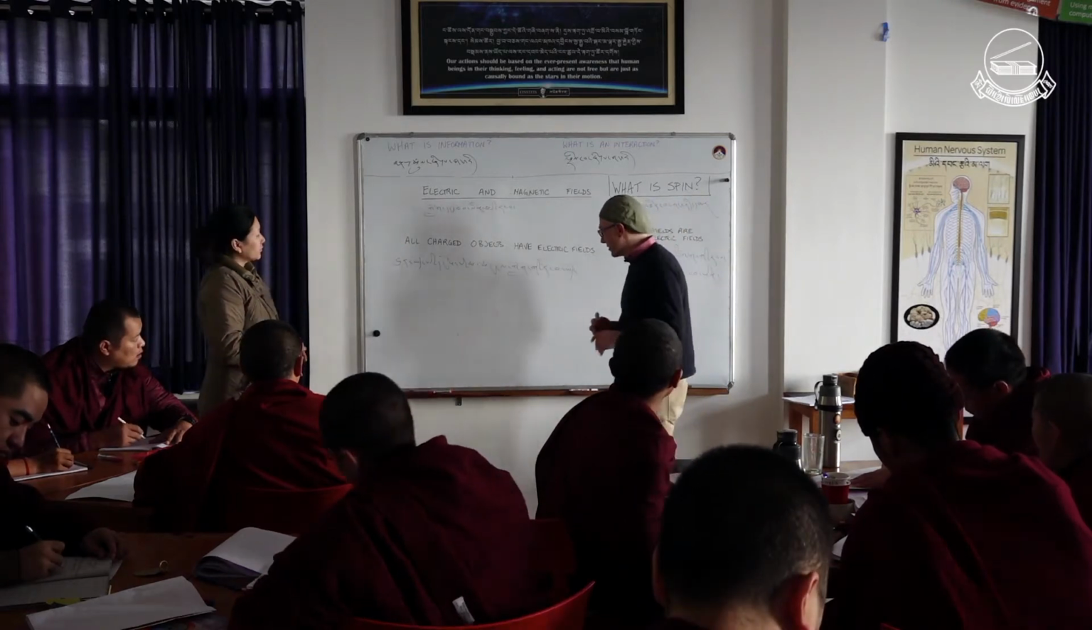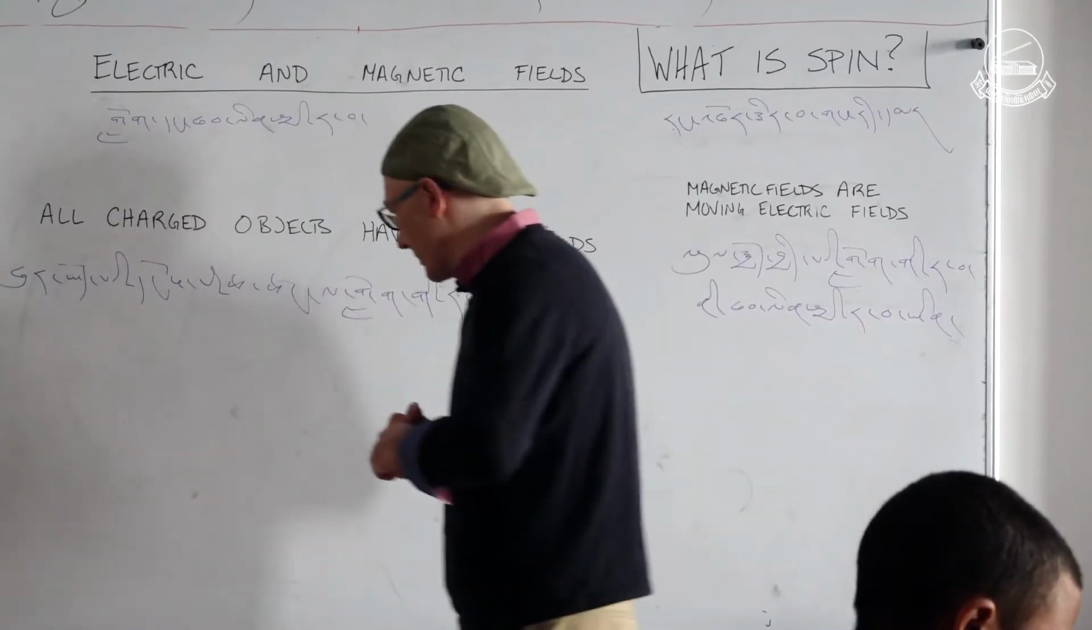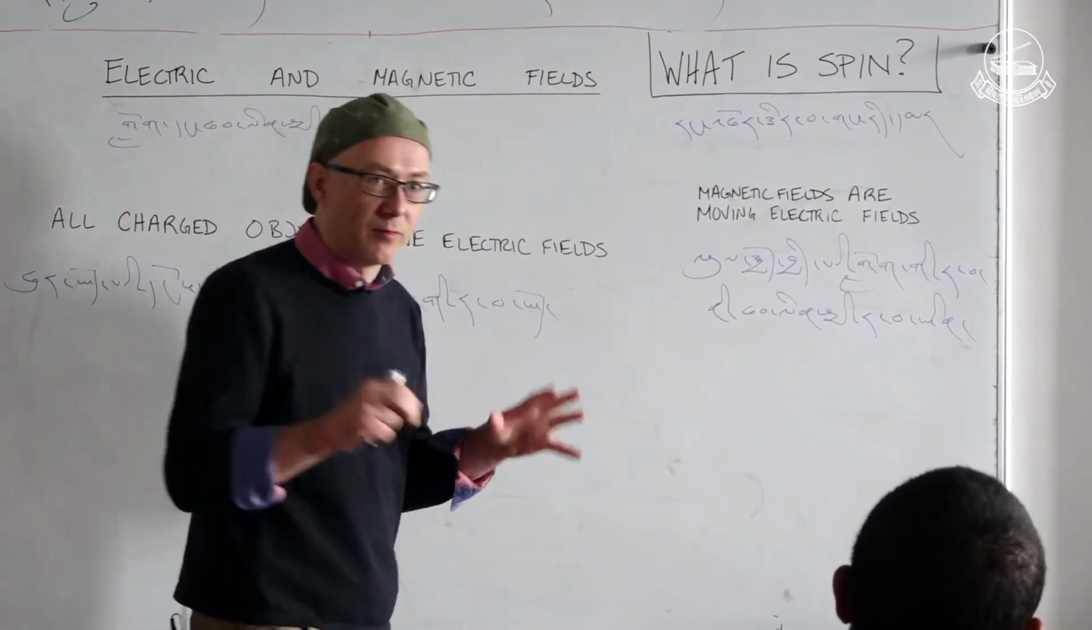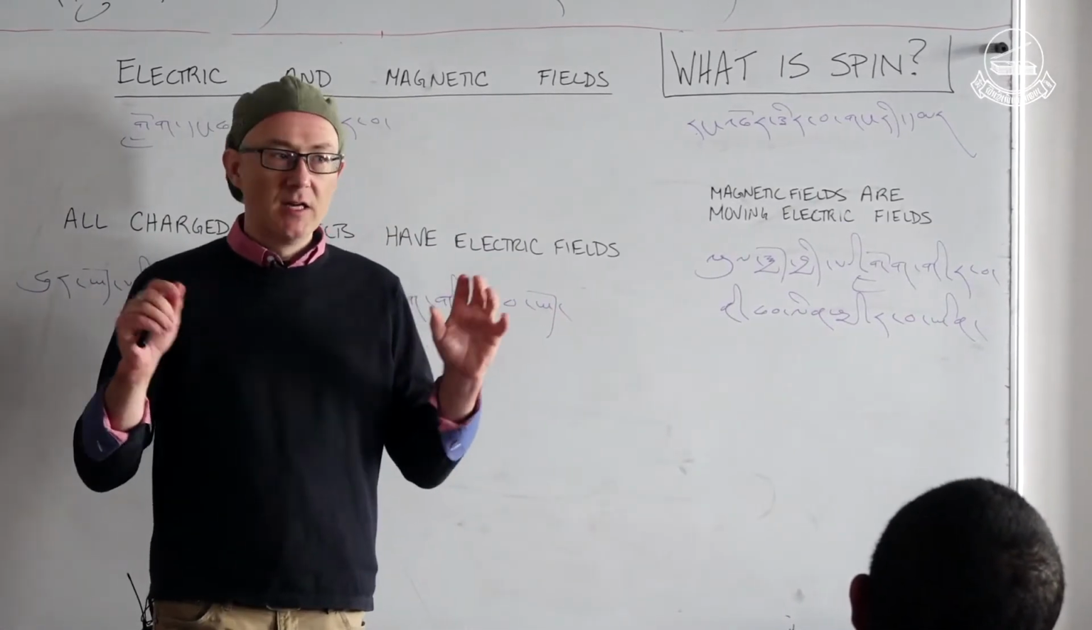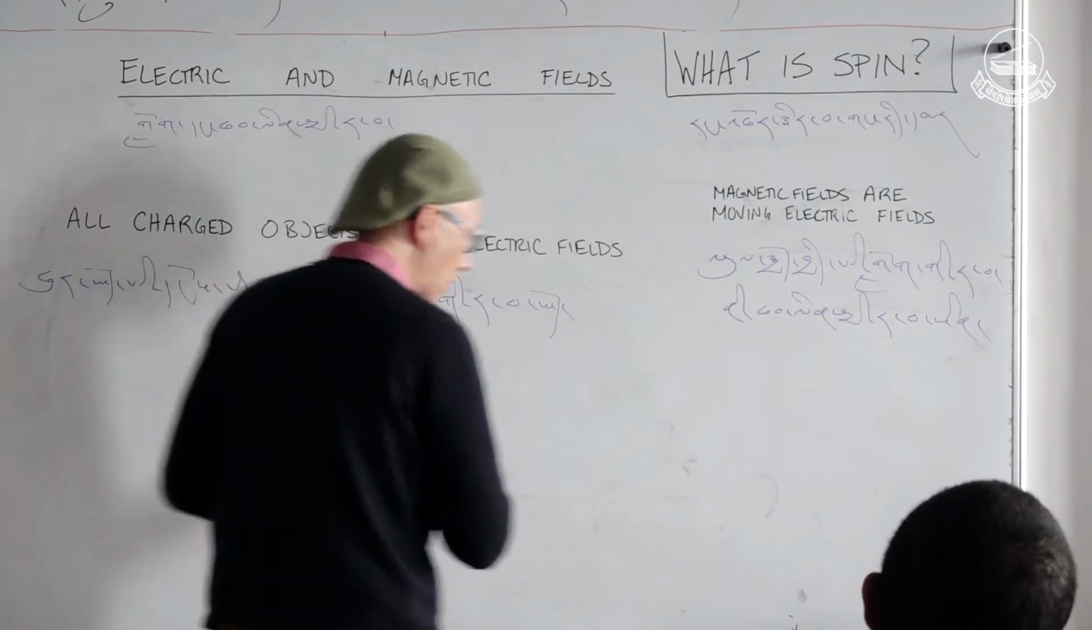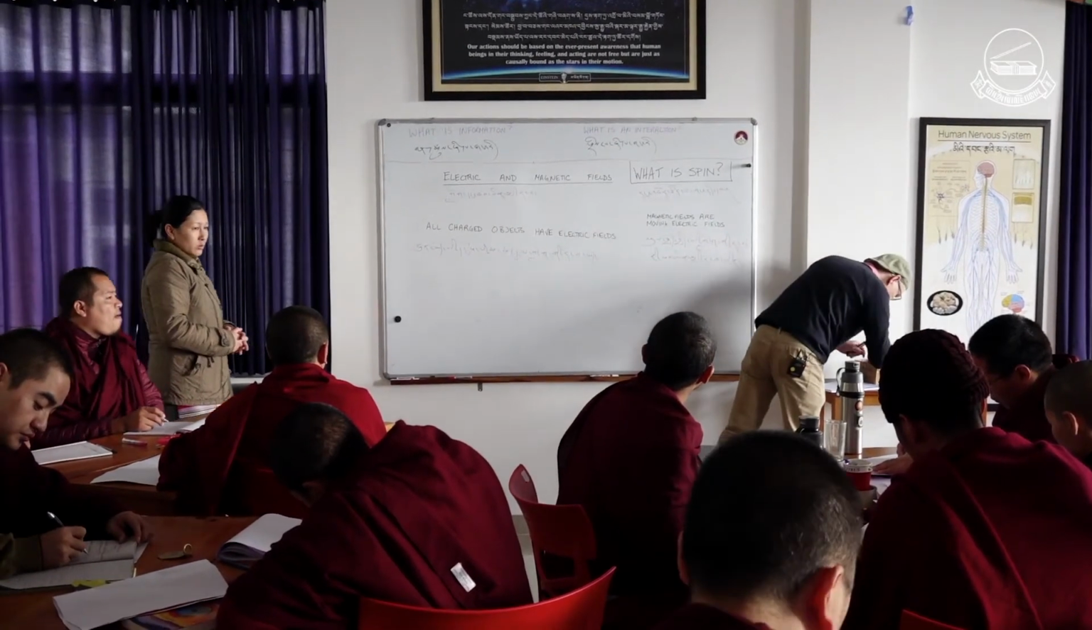So if we imagine, so this is what it is in classical physics. So if you imagine an electron, if we pretend an electron is actually a little spinning ball,